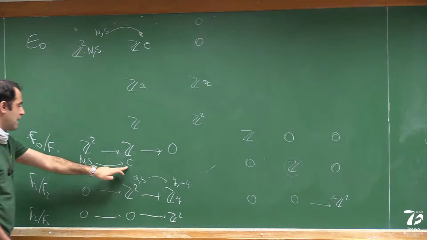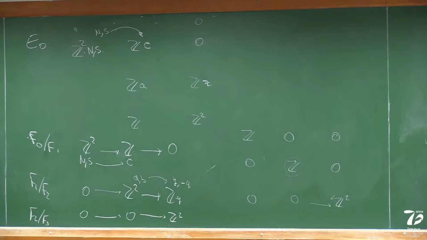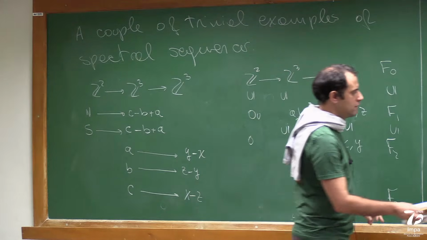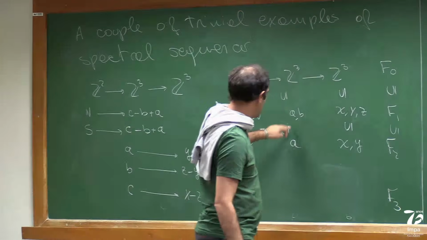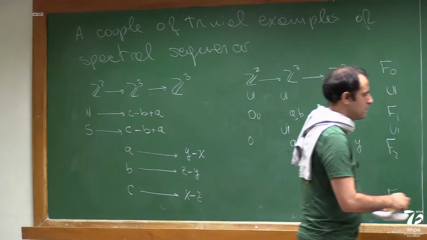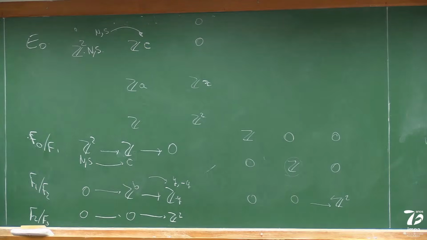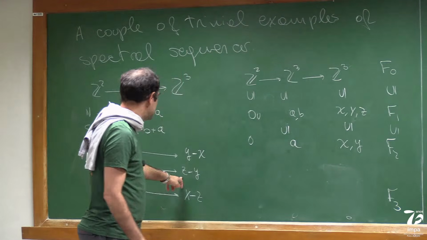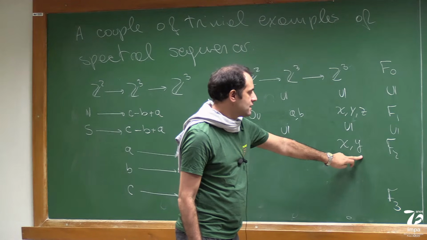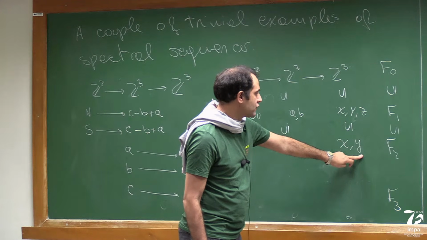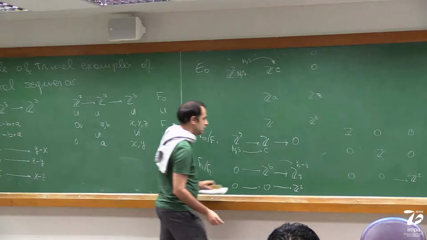And this is the same one. But now F1 modulo F2 has only a Z in this degree, which has as generator B that survives. And the differential of B is z minus y, but y is deeper in the filtration, so the differential is just z.